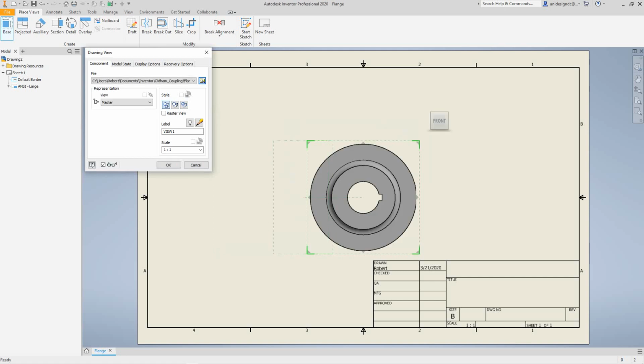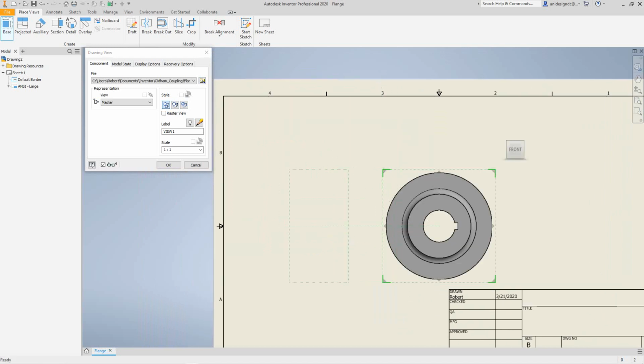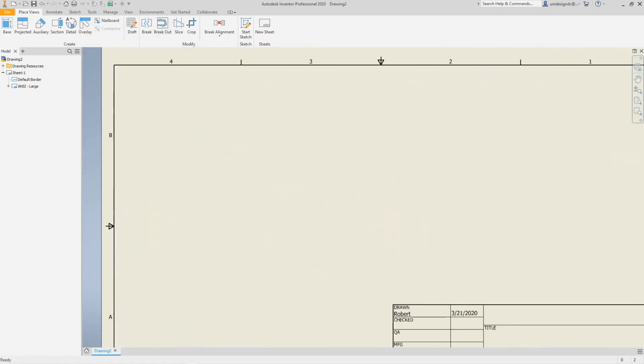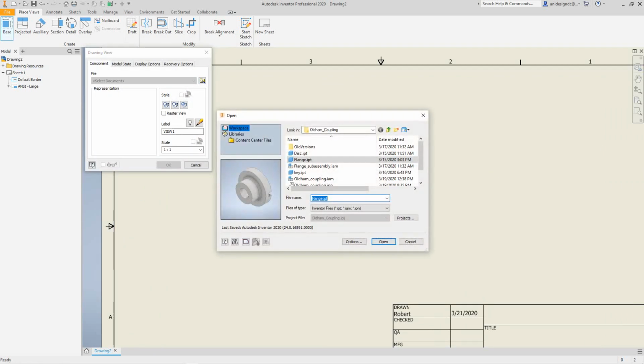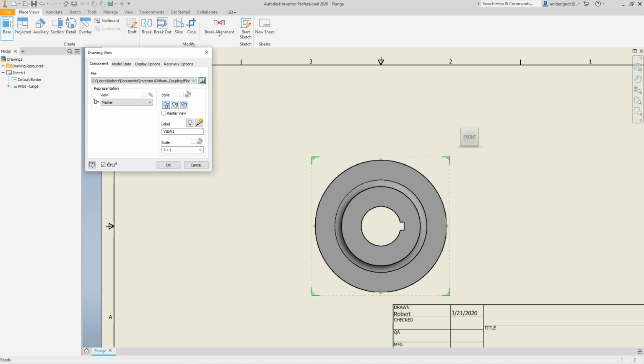And so our flange is placed in the picture here, and we can just take it and let's just move it right about, nope. We'll not do that. Let's try that again. And then here you got the views, different views. Here's the scale. And we'll just go open here. And there's our,